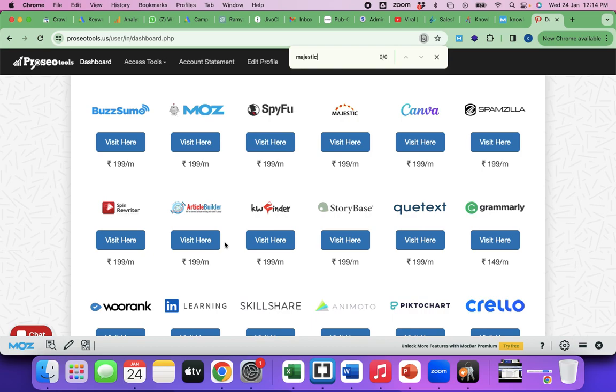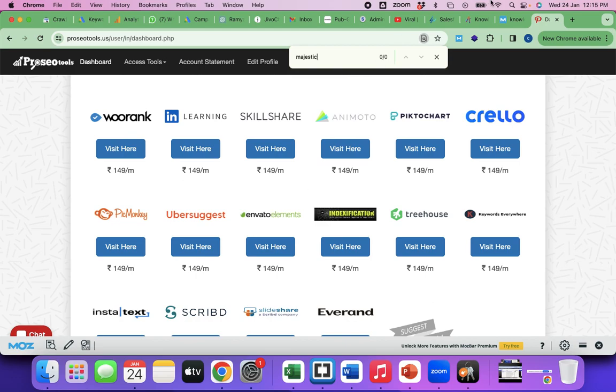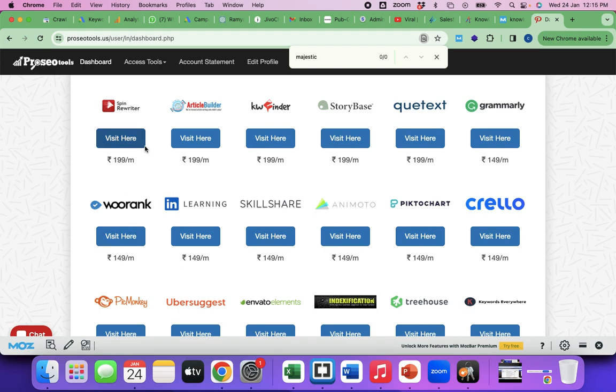We can say it doesn't have data, but if it gets the data, it will correctly pull it up. You ask me, I'll be able to tell something about it. But we are working on bringing the data. Data is the gold mine. Data can do everything. So all these tools are surviving or making money because of data, the AI as well. You spoke about that article, so I just wanted to speak about that. Which one? Article. This gives us Spin Rewriter, Article Builder.